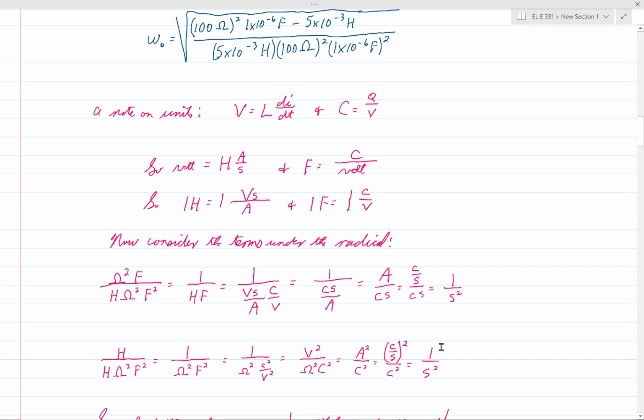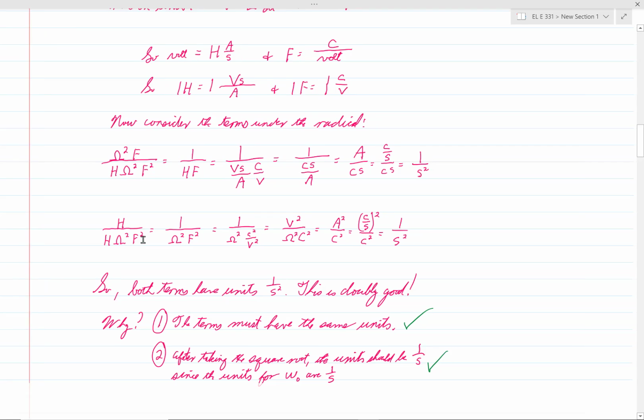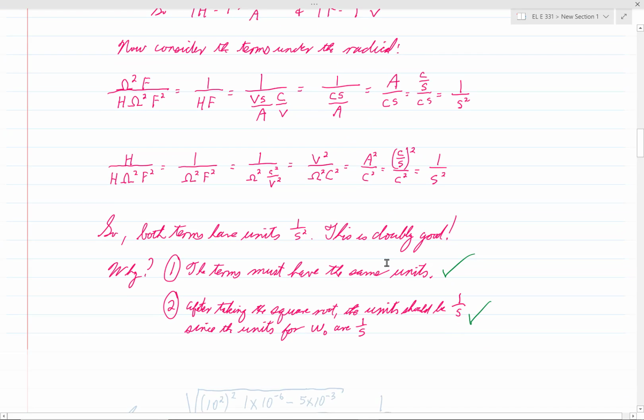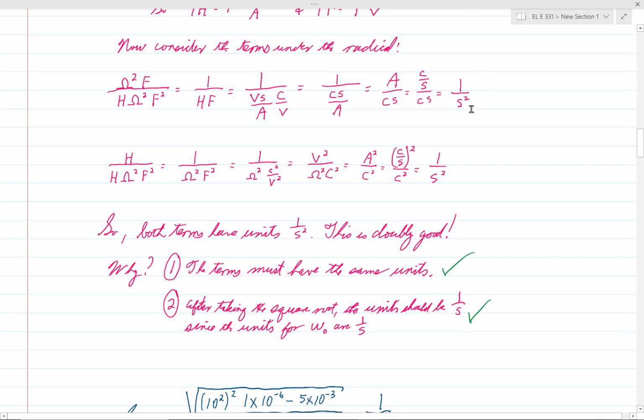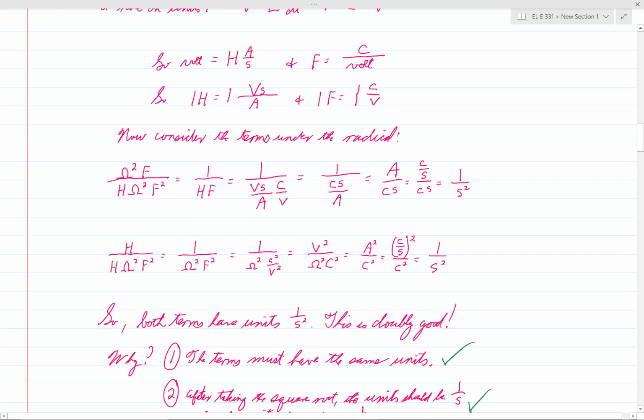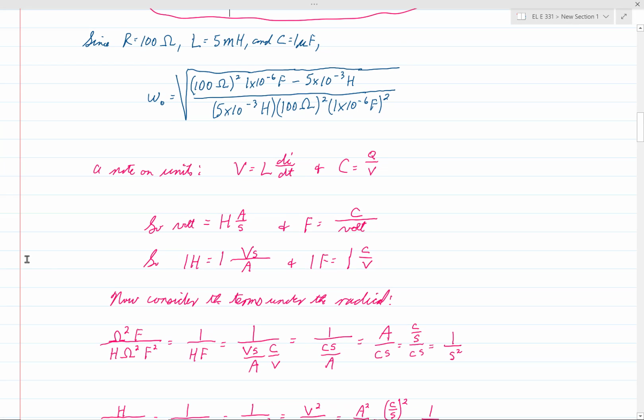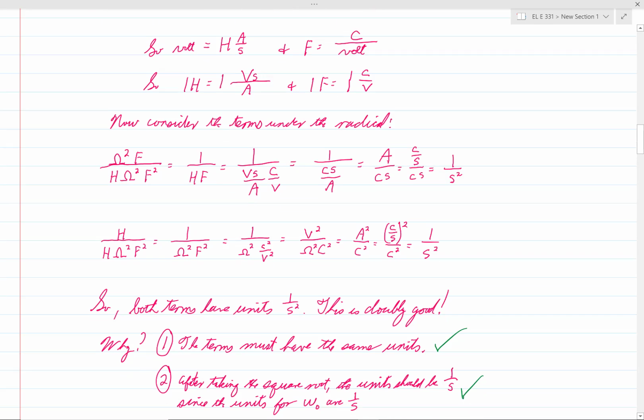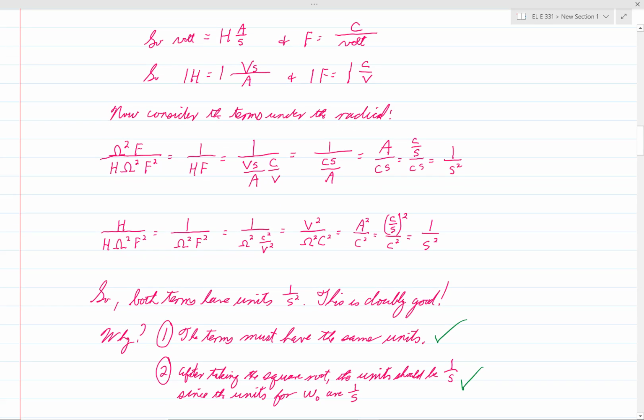So this is really encouraging here for two reasons, as I say. First of all, what's encouraging is that the units are the same. And that must be the case because we're subtracting one of those terms from the other. And we simply can't do that if they have different units. So it's great that they have the same units, and what's even better is that the units are 1 over